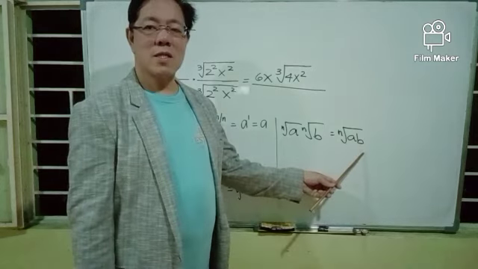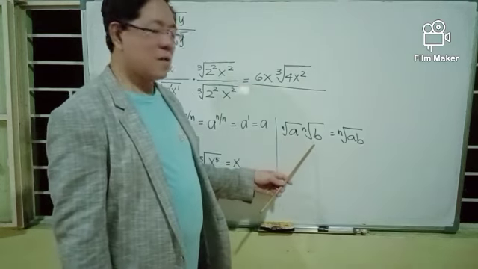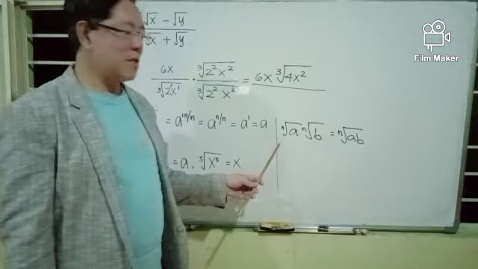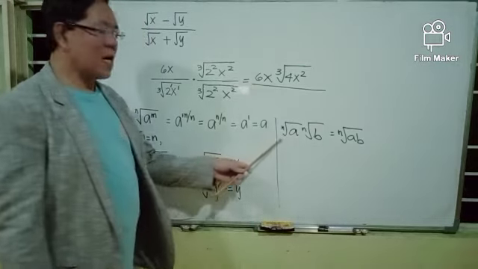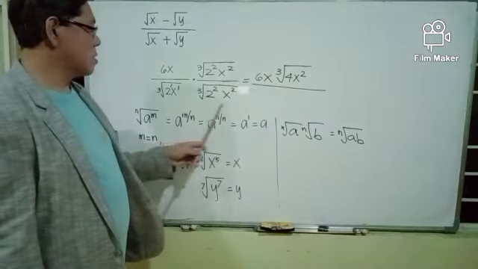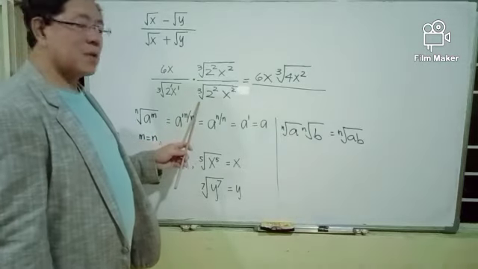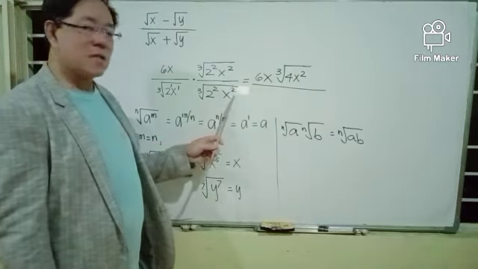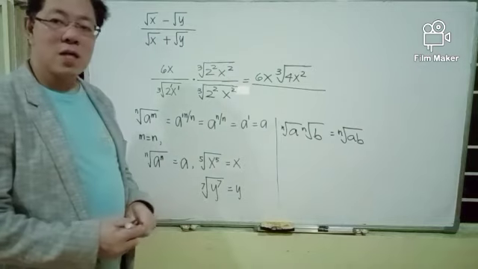And the radicand is the product of the radicands of the original radical expressions. Hence, applying this property, the cube root of 2x multiplied by the cube root of 2 squared x squared is equal to the cube root